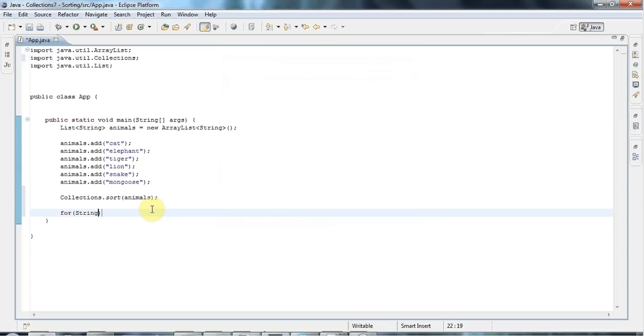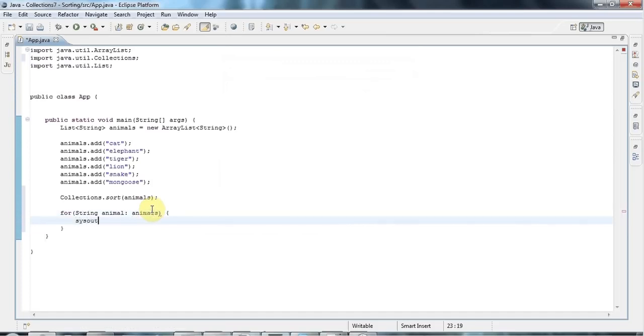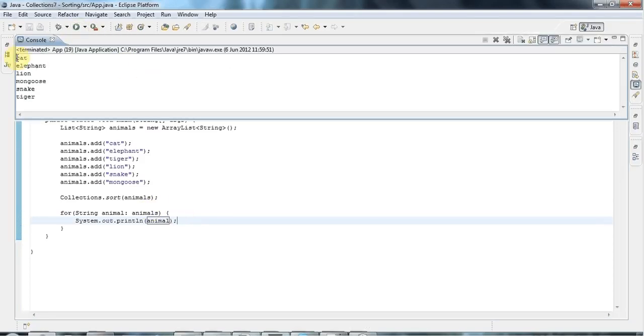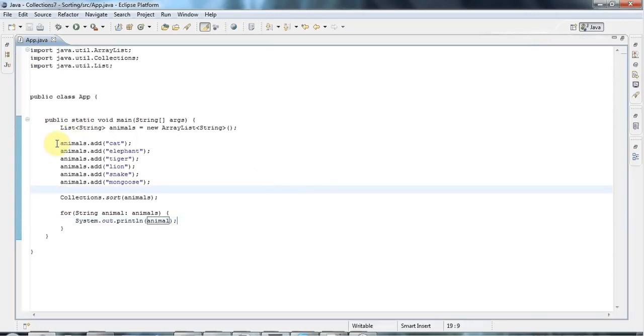I'll say for string animal in animals, and sysout animal, and let's run that. So now my animals are sorted in alphabetical order, and